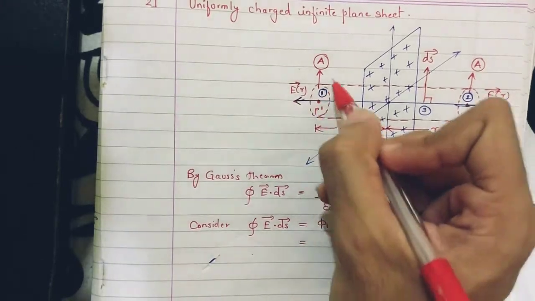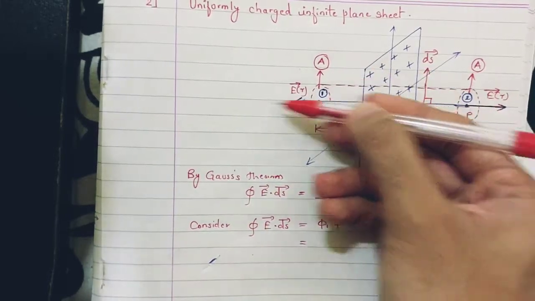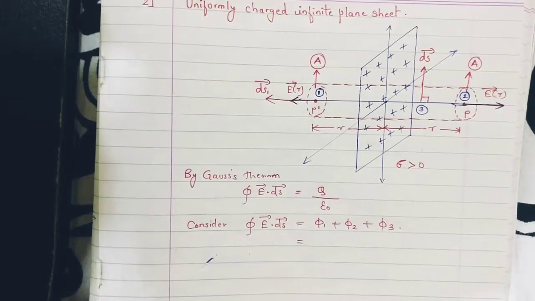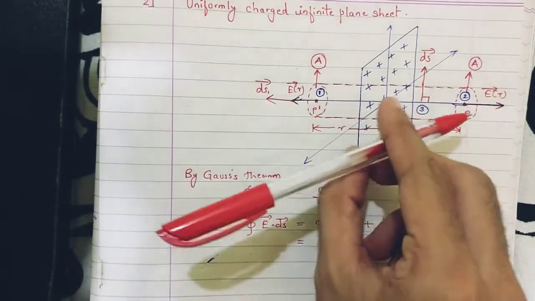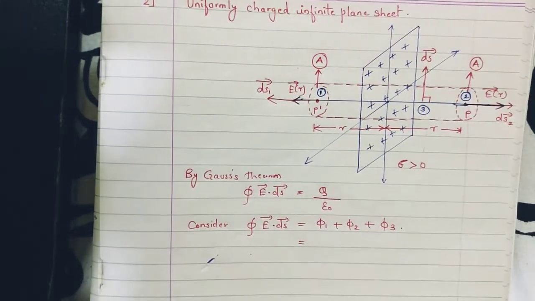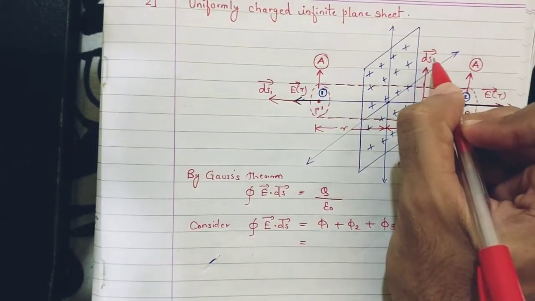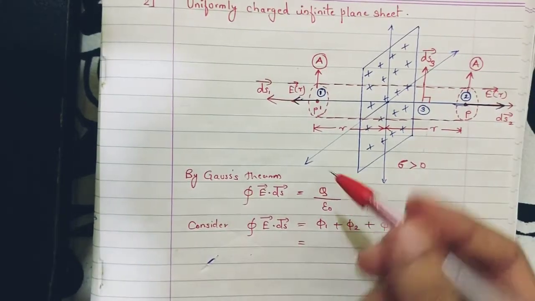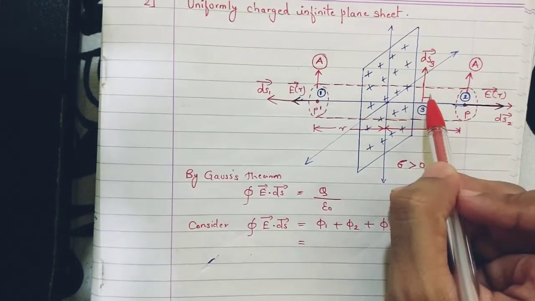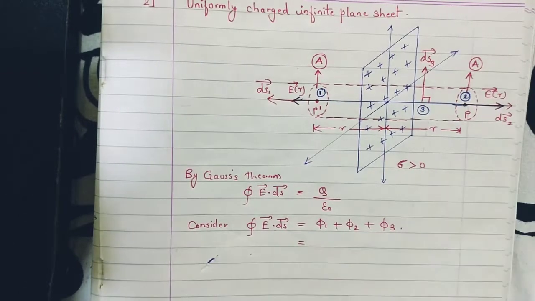So coming to phi1, the area vector for this circular surface will be perpendicular to the surface, outwards. So it is going to be dS1, let's say. The area vector over here is again perpendicular to the surface outwards, so it is going to be like this, dS2. And the area vector for the curved surface is again perpendicular to the surface outward. Let's say it is dS3. The electric field from this surface is radially outwards, from this surface is radially outwards. The electric field from the curved surface is 0 again. That logic also you can use.